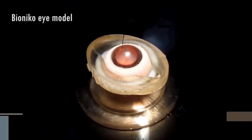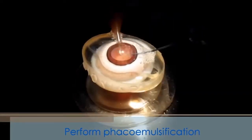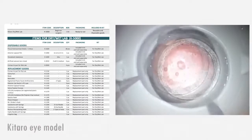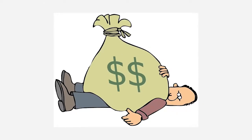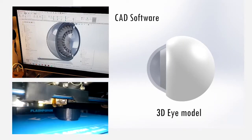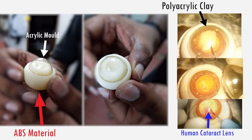3D printed eye models, such as the Bionico model, help assess instrument control, incision size, rhexis centration, and suturing prior to performing phacoemulsification. Kitaro wet lab models, designed with realistic but synthetic materials, allow repeated practice of techniques and procedures. Considering the high cost of these commercially available 3D eye models, we designed a 3D eye model using CAD software and a MakerBot Replicator printer. The ABS material, an opaque thermoelastic polymer, has the impact resistance and rigidity required for 3D printing